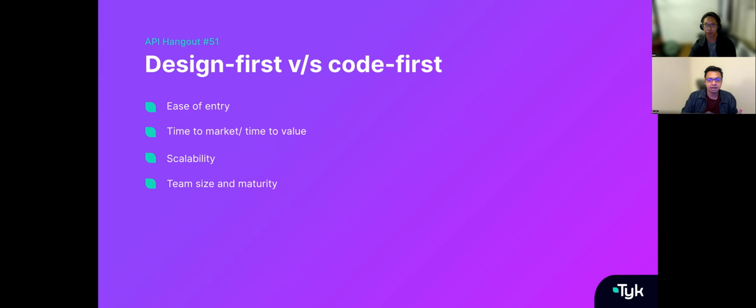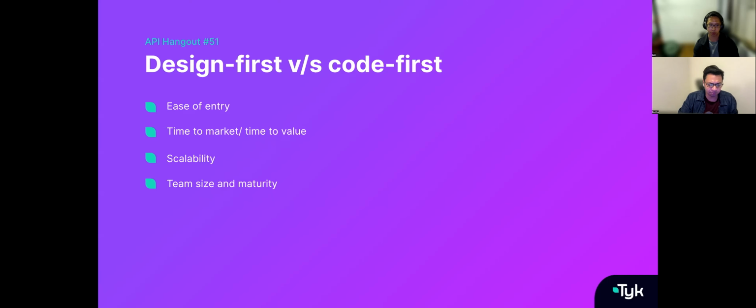With code first, of course, there is speed which comes in, but at the same time, I think because it's speed with maybe one or two developers in this case, it can be a little bit of a challenge when the team starts scaling up further out into different teams or different parts of the business. The way you communicate things, because you're not documenting as you're going, ideally you should, it can be a little bit difficult for someone new to be added to the team and get up and running really quickly. So once again, scalability is where design first really shines.